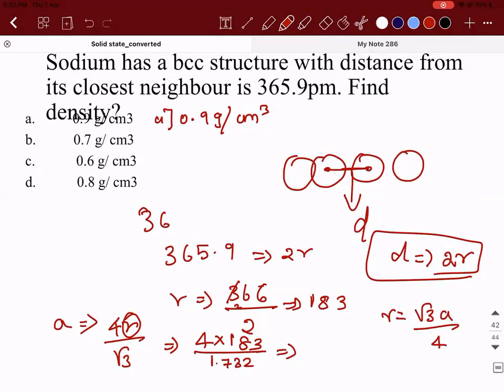Or else do one thing. Copy this question. My phone is not working, man. But in exam, you have to do it by yourself. It's a division. You are taking this much longer time for making this division calculation? Seriously?